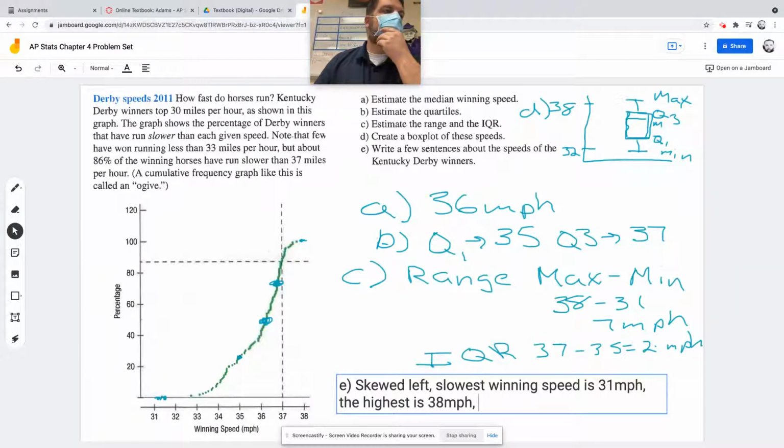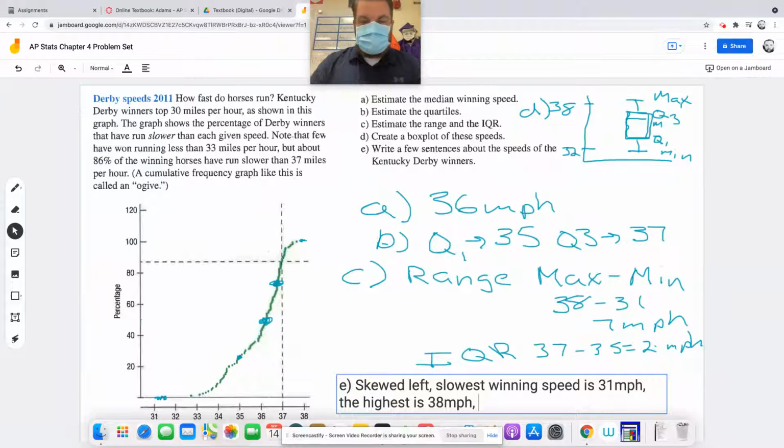What else can I say? Well, the interquartile range is important. Yeah, so like you can say that 50% of the values are between 35 and 37. Yeah, but we gotta use that in words. So for example, I could say 75% of the winners are 36 miles per hour or higher,